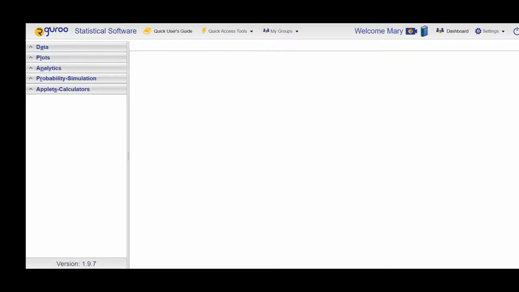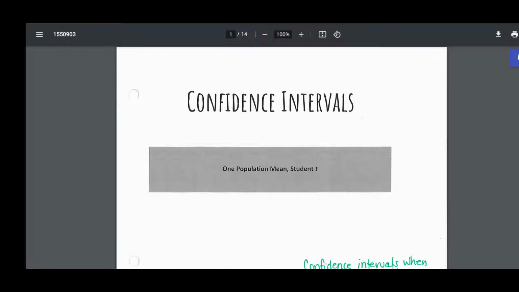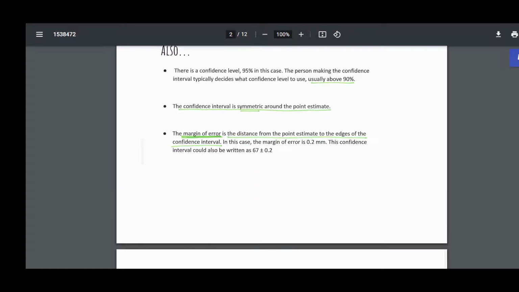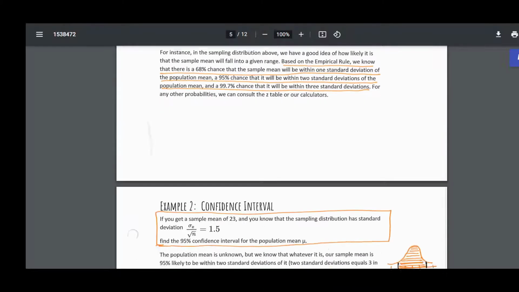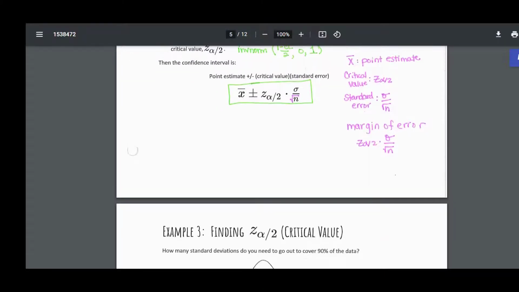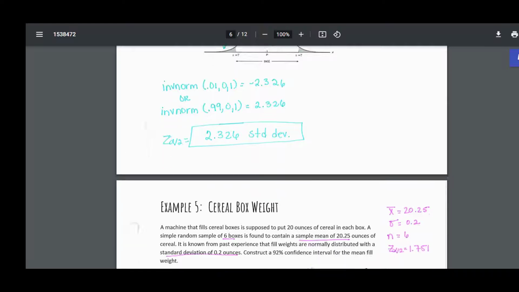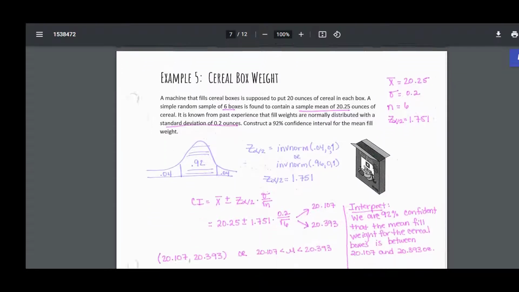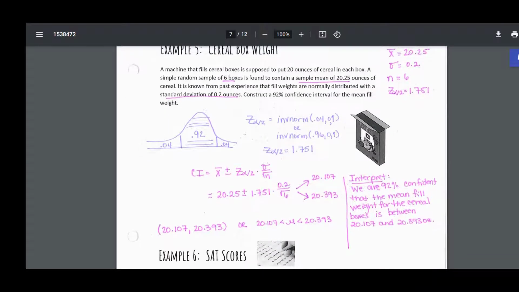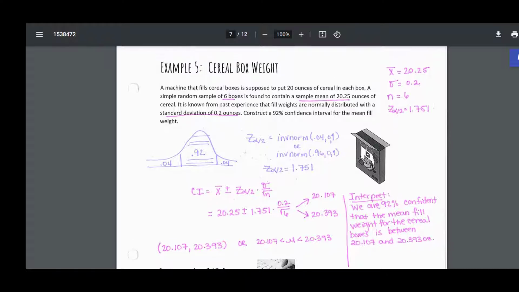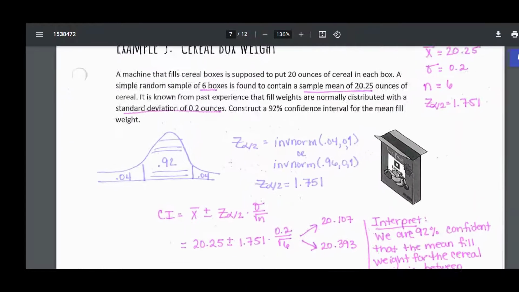Hi, in this video, we're going to learn how to calculate confidence intervals to estimate the population mean. So first, let's look at some of the notes that we already went through and look at some examples that we worked using both the formula for confidence intervals as well as the TI calculator. So if we're looking at this example here, example 5,